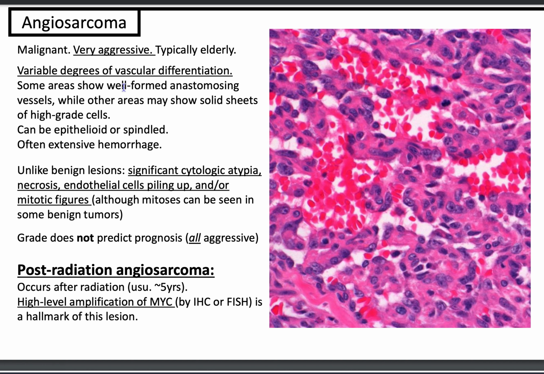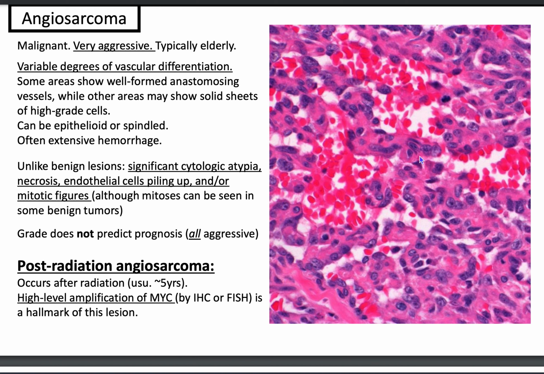Okay, let's talk about angiosarcoma in general. You'll have varying degrees of vascular differentiation. Some areas show well-formed anastomosing vessels, while others may show solid sheets of high-grade cells. They can be spindled, but they can also be epithelioid, and you'll see a lot of hemorrhage. In contrast to hemangiomas, they'll have significant cytologic atypia, as you can see here with the difference in size compared to this cell. The endothelial cells will be piling up,